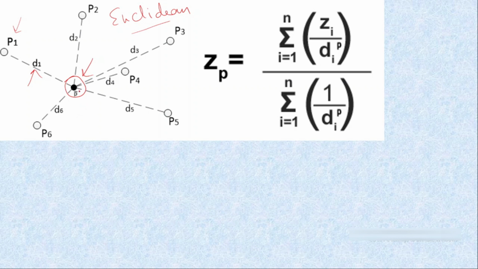Now see why it is inverse distance, because suppose P5, which is the farthest point from this unknown point, has a very high value, though it is farthest from the unknown point, it will have a lesser impact. But as you can see, P4, which is the closest point to this unknown point, will have the maximum effect of its value on this unknown point. So this is how it works. The more the distance, the lesser will be the impact or the effect of this value on the unknown value.